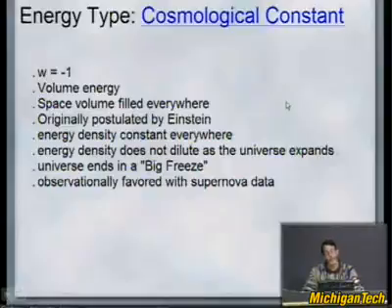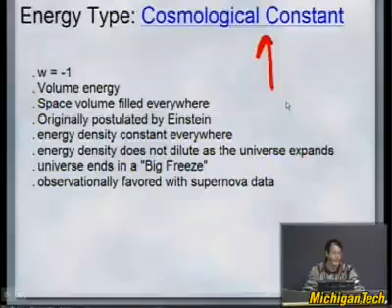The one that was initially preferred by Einstein is the energy put into the cosmological constant. By the way, that last one was a dark energy, and this is a dark energy as well. The cosmological constant, again, fills all time and space, but it's constant. As the universe expands, the cosmological constant dark energy is always the same. Matter energy, like you and me, is diluting because galaxies are becoming further apart, one for every spatial dimension. But even though that happens, the cosmological constant dark energy that pervades the universe is always the same.